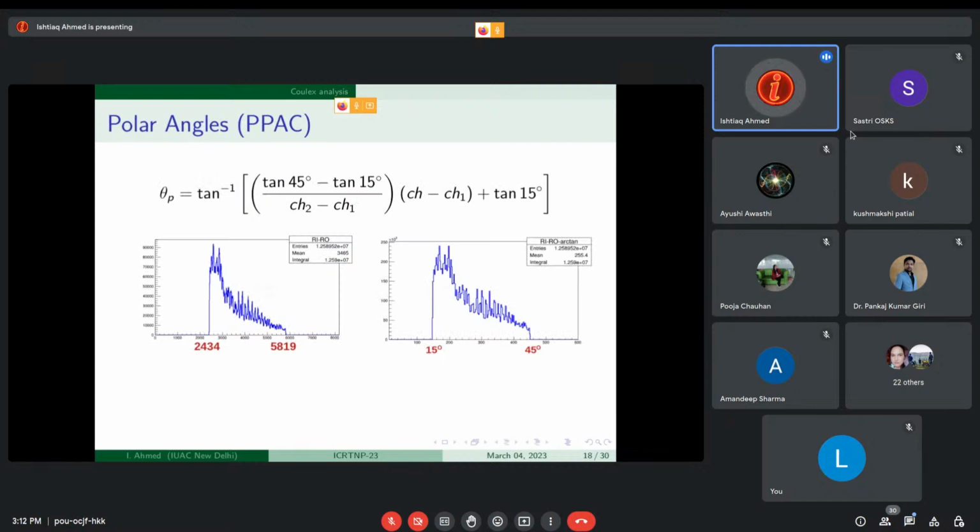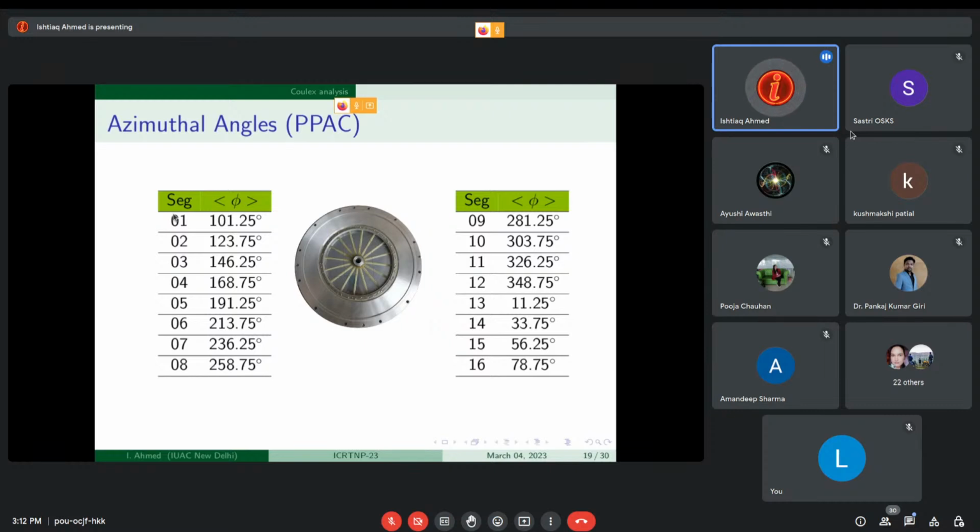Now directly coming to the polar angles of the PPAC, we can calculate the theta angle of the PPAC using this expression, and from the delay lines as well. I think you must have attended the talk of Dr. R. Kumar yesterday, where he explained in detail about this particle detector. From those delay lines you can calculate the theta of the particles, and also the phi. You have a cake-like structure of the PPAC, and overall this will be 360 degrees, so when you divide it you get an angular pitch, and from there you can calculate the phi angle.